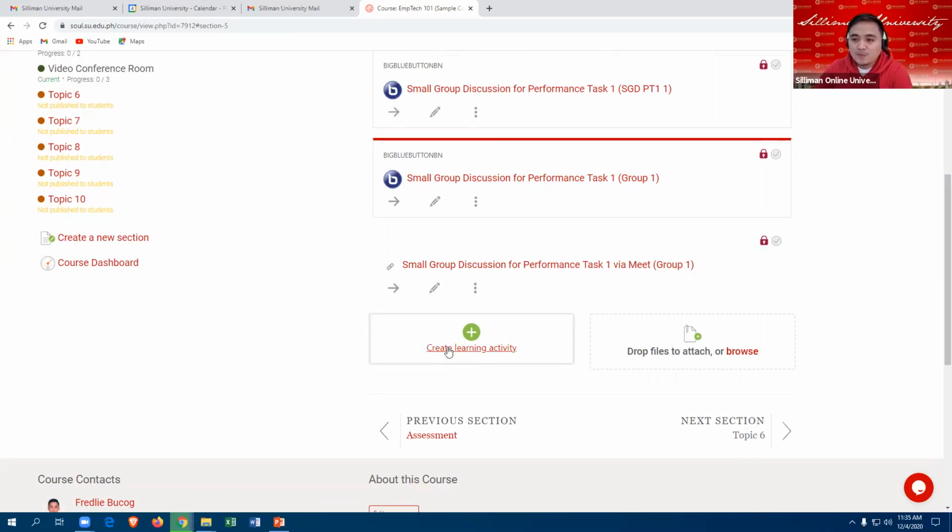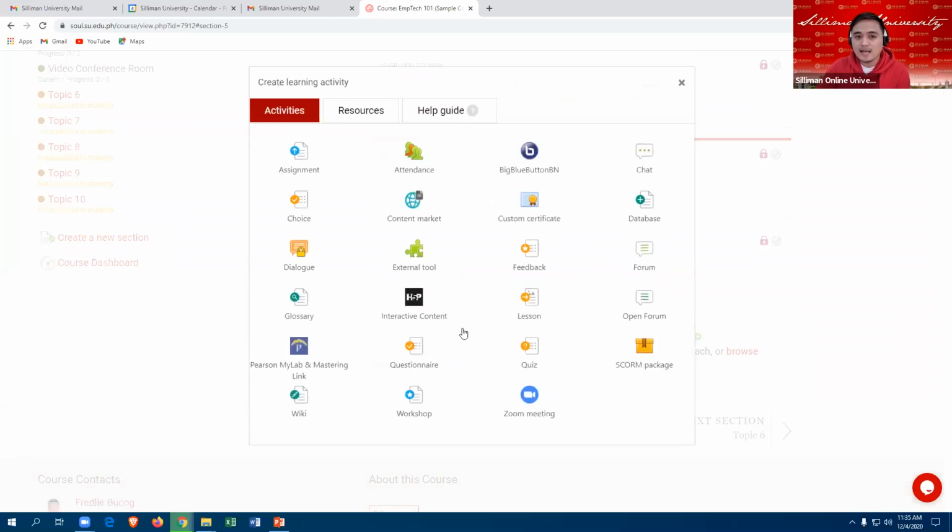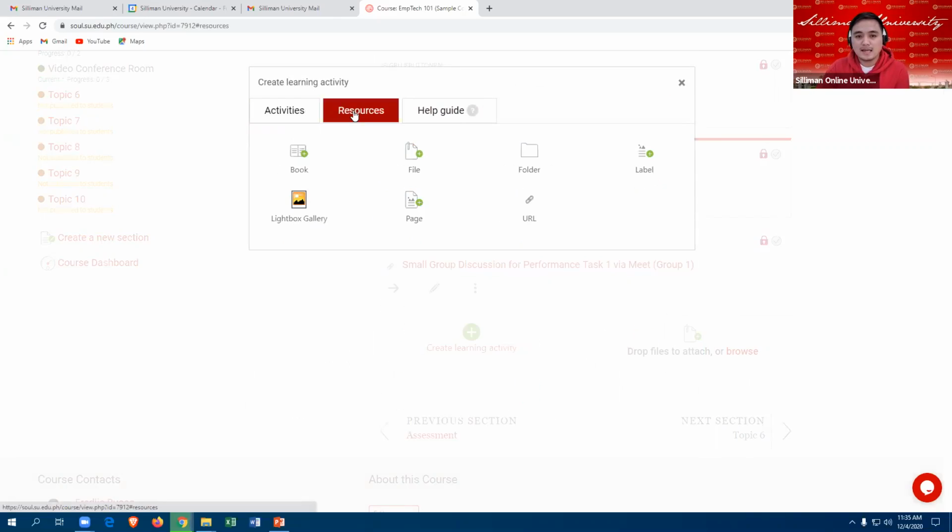And then if you want to proceed with group 2, just follow the same steps. Click Create Learning Activity, go to the Resources tab and click the URL resource.